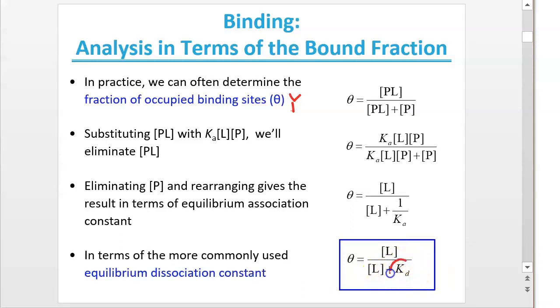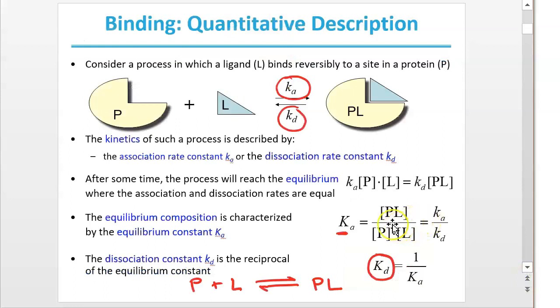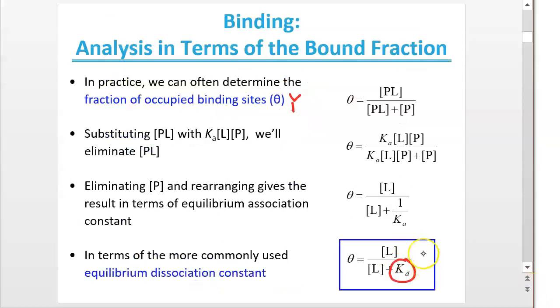And that constant is going to be given in units of concentration or molarity. You can see why that is. If you look at the equation for the equilibrium, if I invert this, you have P times L over PL. Two of those are molarities which cancel out, leaving one more unit of molarity. So the dissociation constant is going to be in units of molarity, or typically micromolar or nanomolar, some really small concentrations of molarity in the biochemical range of concentrations.